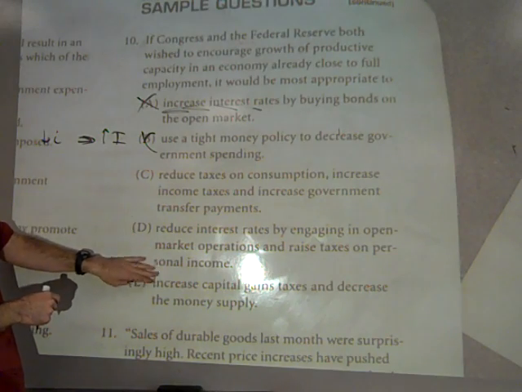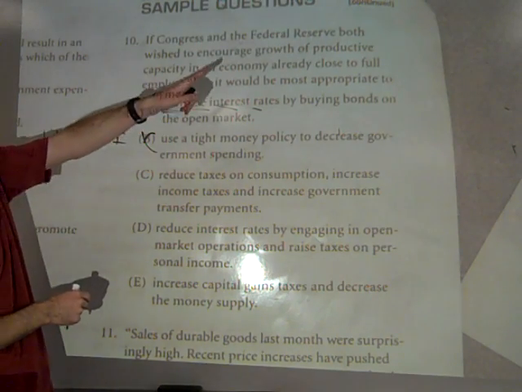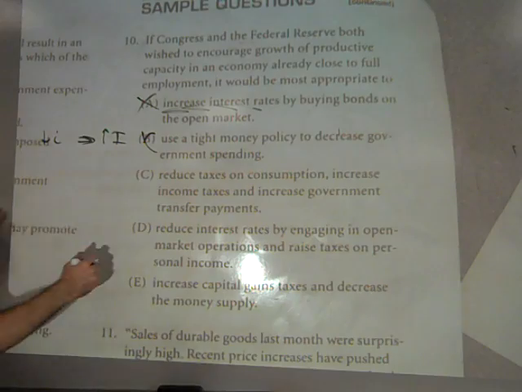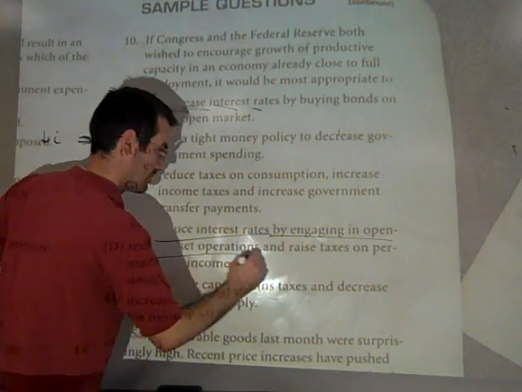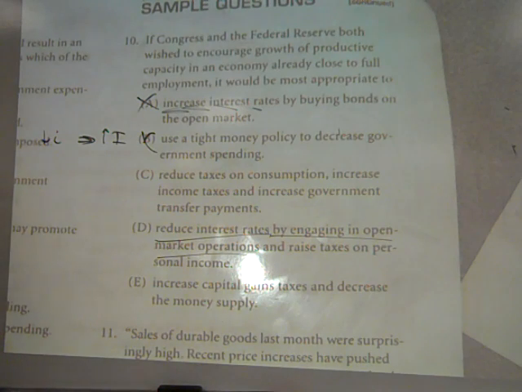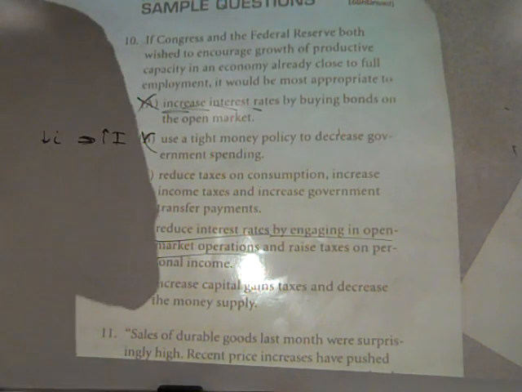We want expansionary to lower interest rates. Skip that one for now because I want to look for something to do with monetary, because they asked me about the Fed. Reduce interest rates. Ooh, yeah. By engaging in open market operations, in other words, monetary policy, and raise taxes on personal income. Would that cause interest rates to go down? Let's look over here at my